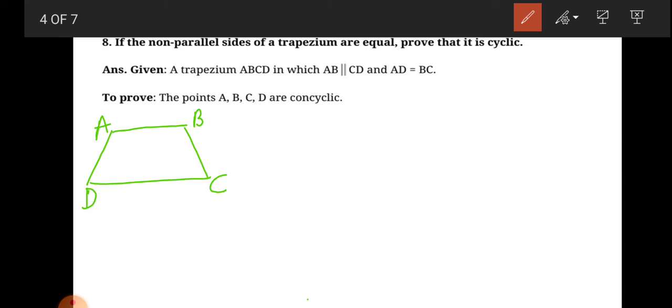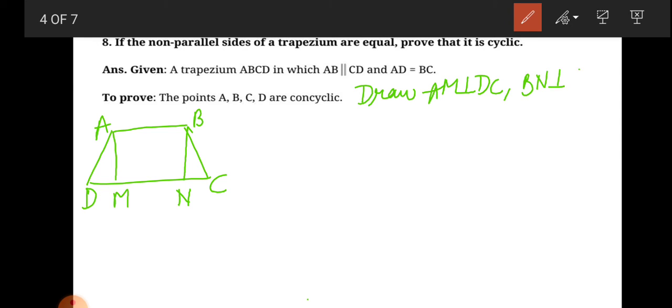To prove ABCD is cyclic, draw AM perpendicular to CD and BN perpendicular to CD. Now, in triangle AMD and triangle BNC,